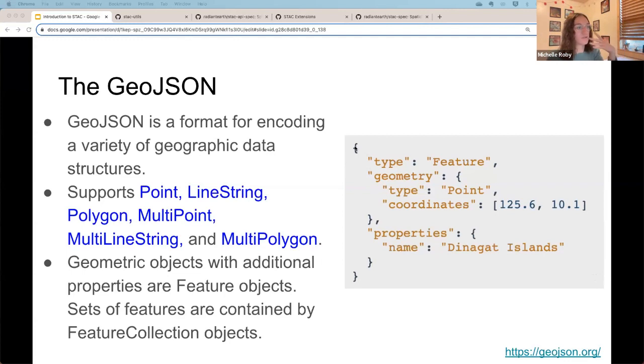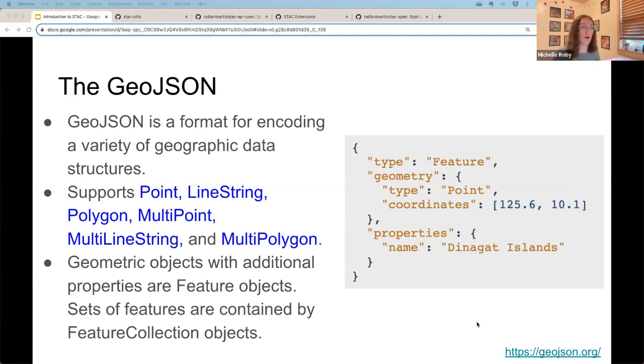It's written so it's human readable, but it's also computer readable. It has the type, so what's the data? In this example, it's feature. The geometry of the data, the coordinates, like a specific point in space, and then the properties, a description of that data.